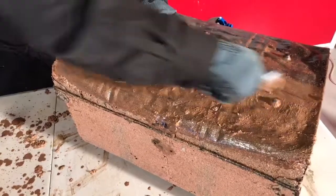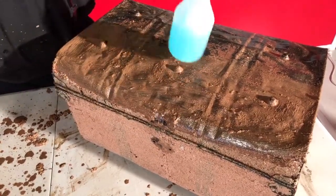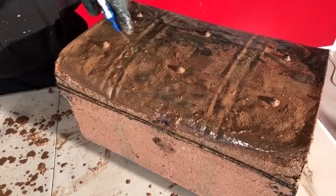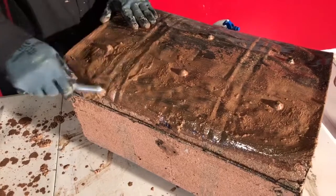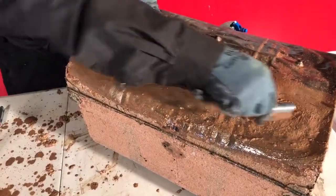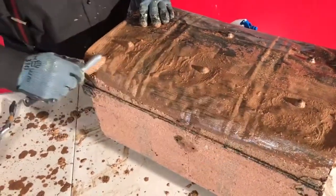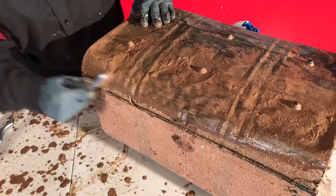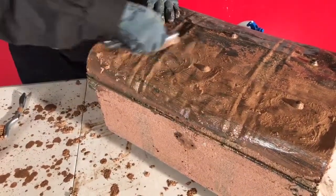Scrubbing with our copper detail brush, which we'll show you shortly. It's a very soft bristle, so it's not going to rip the metal apart. I'm going to do a different finish on this today. I'm not going to be preparing it for a paint finish. I'm going to actually prepare it for leaving raw, which will be quite interesting to see. And